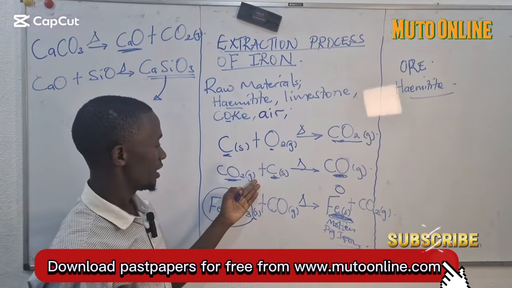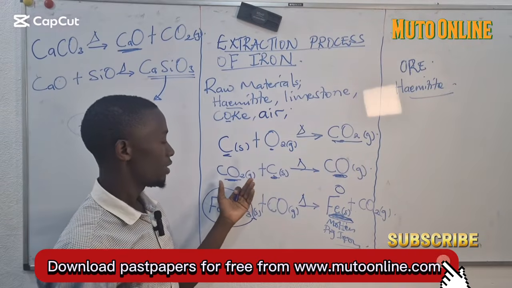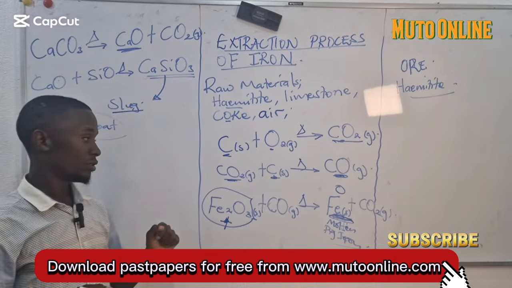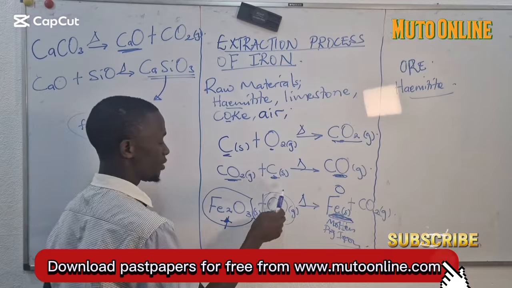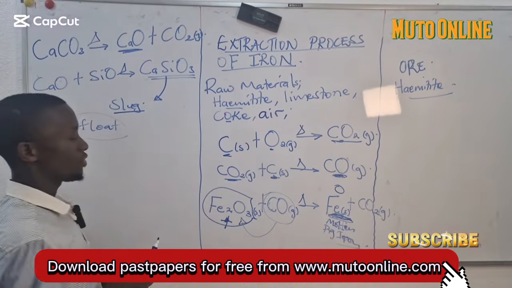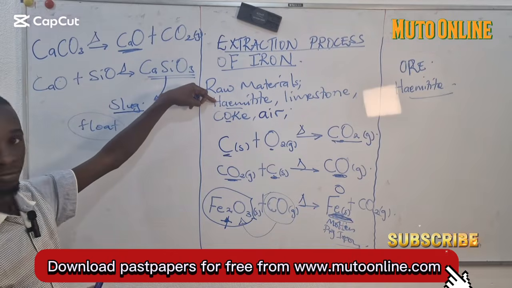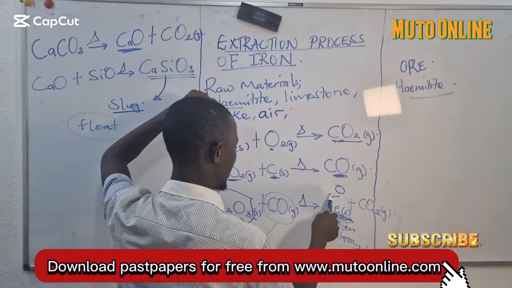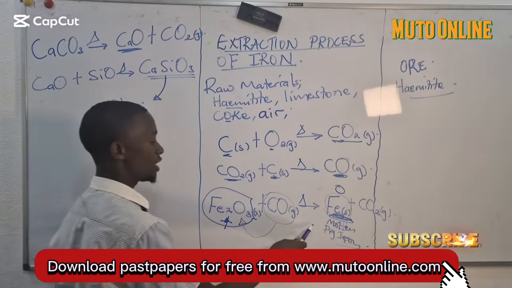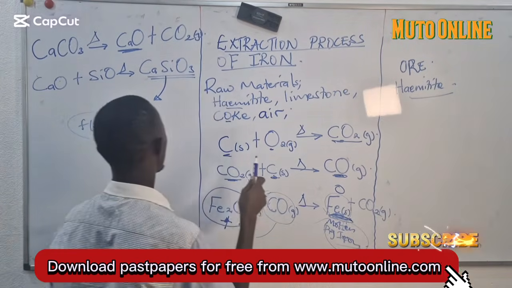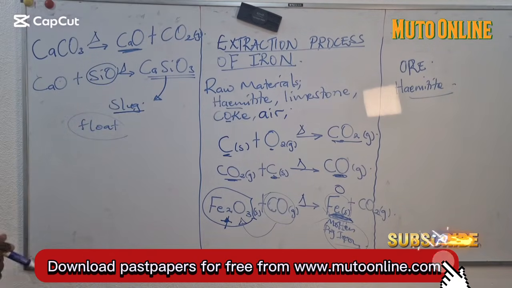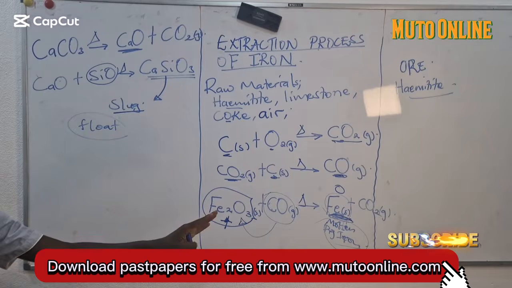We are seeing that the carbon dioxide formed is reduced to form carbon monoxide, which is a reducing agent we need to use to reduce the iron 3 oxide in the ore to the required iron. This iron is in molten state, but still consisting of the impurity, which is silicon dioxide, that needs to be removed so that we remain with pure iron,